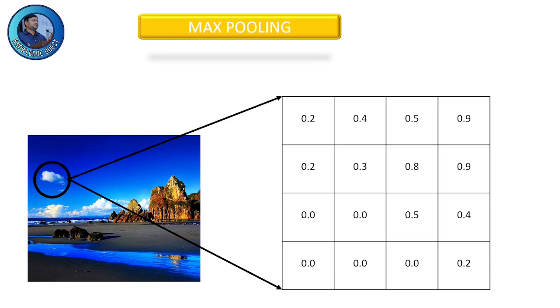Imagine that this grid is the output of a convolutional filter that ran over a small part of our image. It's trying to detect a particular pattern and these numbers represent whether or not that pattern was found in the corresponding part of the image. Let's assume that this filter is looking for patterns that look like clouds. A 0 in the grid means that the pattern wasn't found at all and a 1 means that the area was a strong match for the pattern. We could pass this information directly to the next layer in our neural network, but if we can reduce the